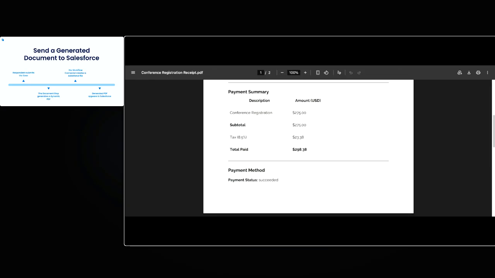We're configuring that document beforehand. It has those mapped areas where the data from the form is going to be mapped to on your finished document. And then once they hit submit, you see it generated for you and attached to Salesforce,